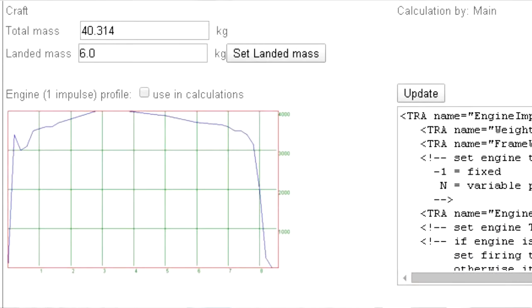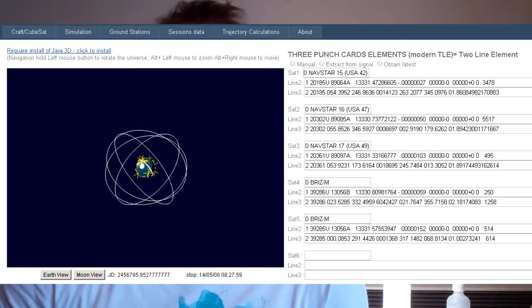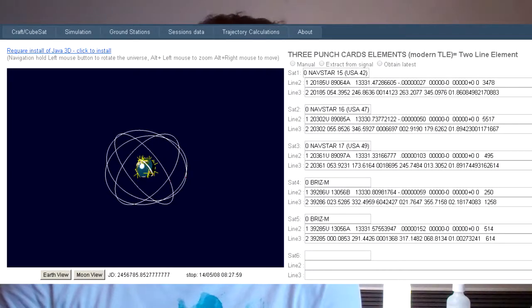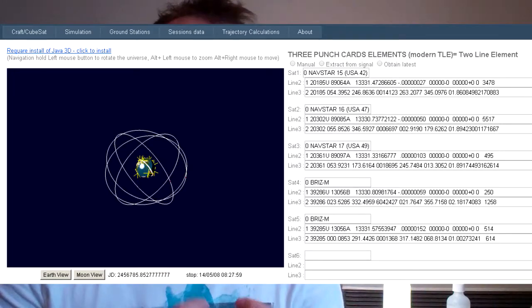And then we get into 3 sections which help us determine where our satellite is. In the first section we're going to look at how to simulate the GPS signals, and specifically we're looking at the point where we receive that GPS signal.